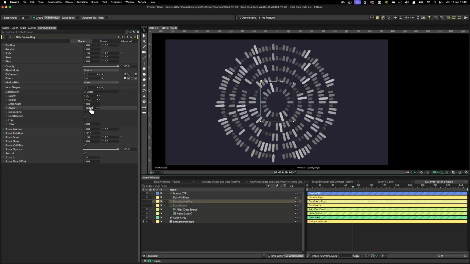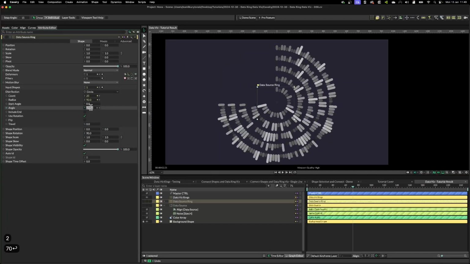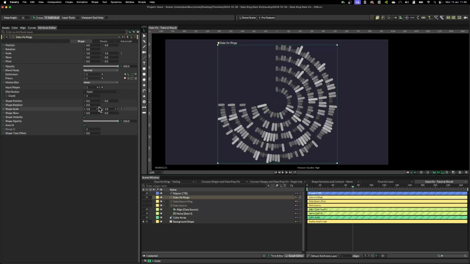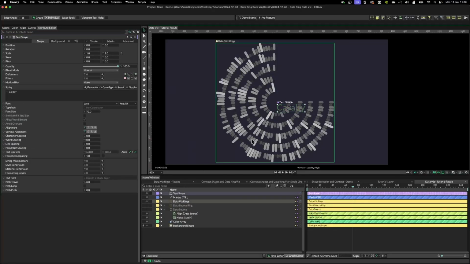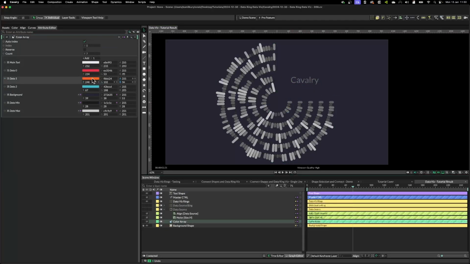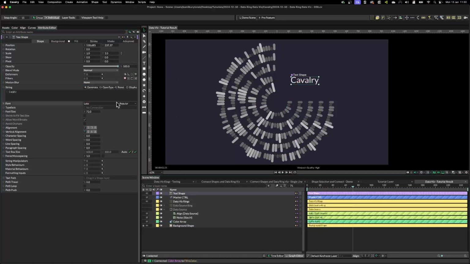I'm going to style this a little bit. In my initial design, I had a 3/4 type of design. So I'm going to change the angle to 270, then go to the second duplicator and rotate the whole thing by 90 degrees. Then add a text shape, go to color array, grab the main text color, drop it on the text shape fill,